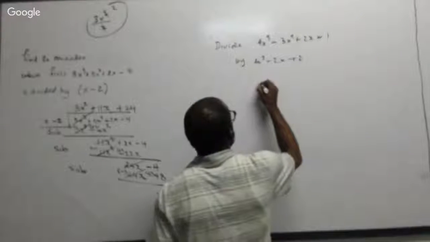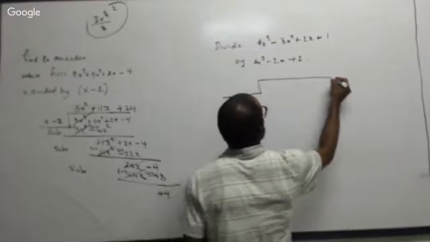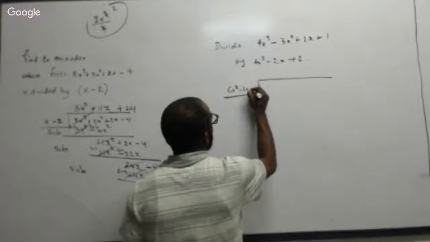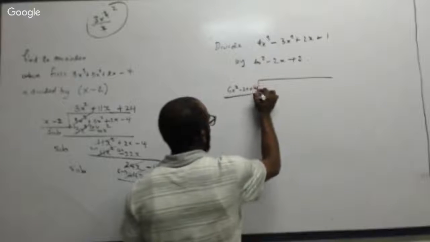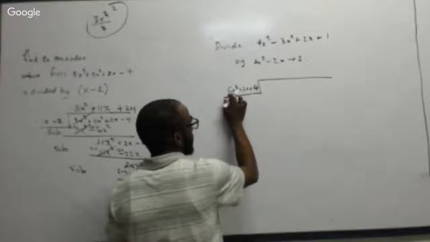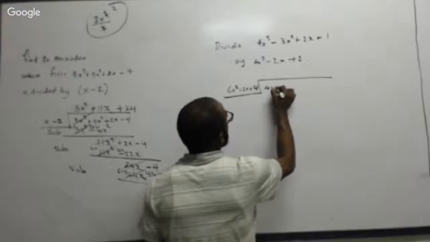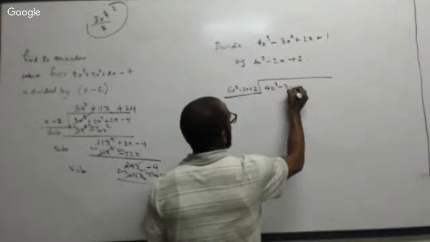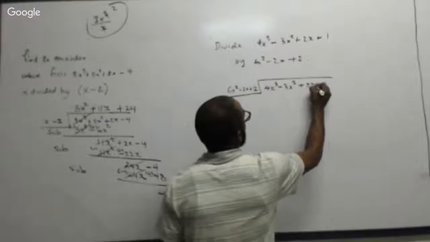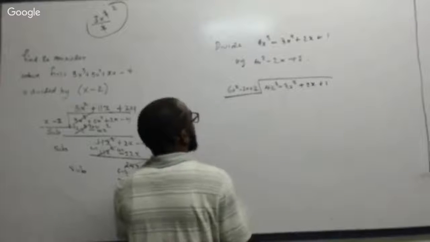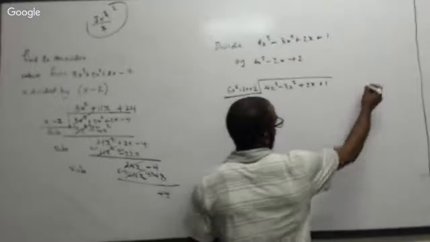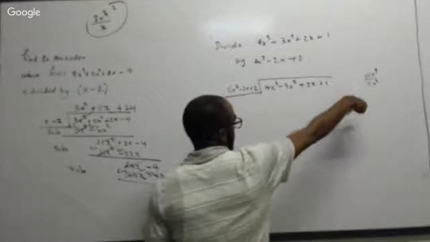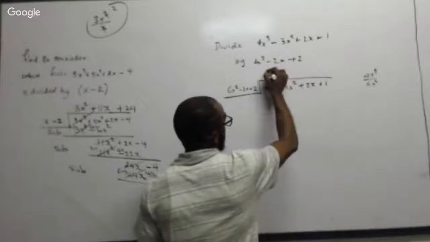The first thing to set it up, what am I dividing by? I'm dividing by 6x squared minus 2x plus 4. Again, remember this, the term that is 4 is less than most. So this is 4x cubed minus 3x squared plus 2x plus 1. 6x squared into 4x cubed. And this is technically 4 upon 6, eh? So it's going to be 2/3